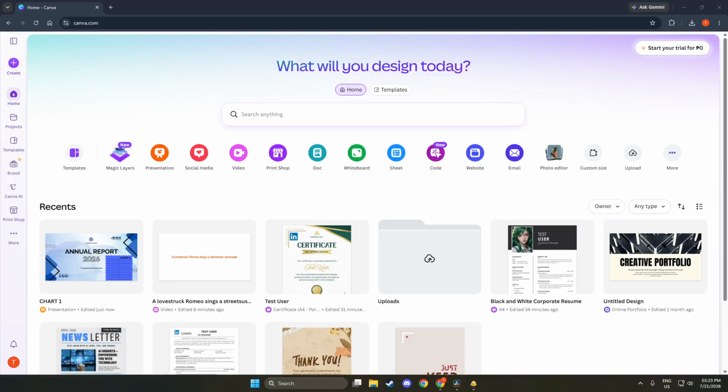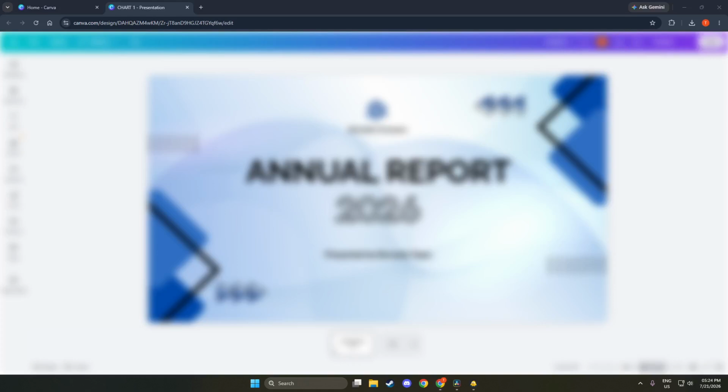Now try downloading a different format. Sometimes the issue could be with the format you initially selected. For example, if you are trying to download an image, switch from PNG to JPG. Each format has its own benefits. PNG is great for high-quality images, while JPG is better for smaller file sizes.